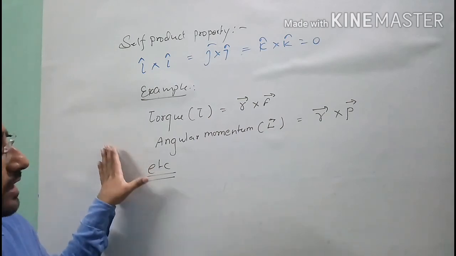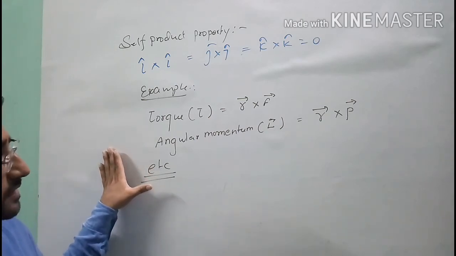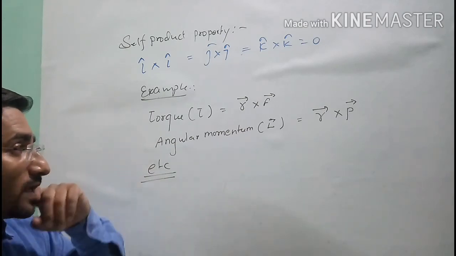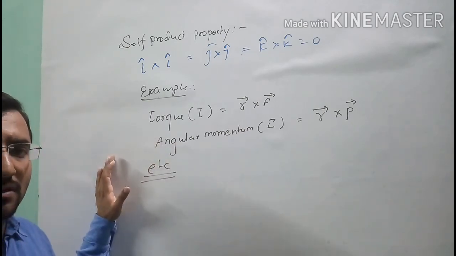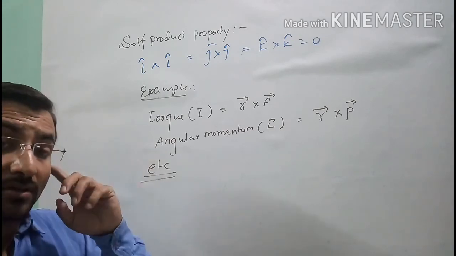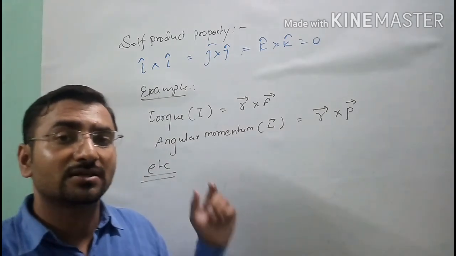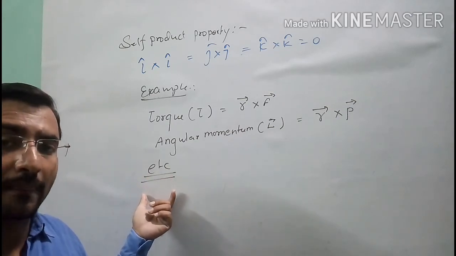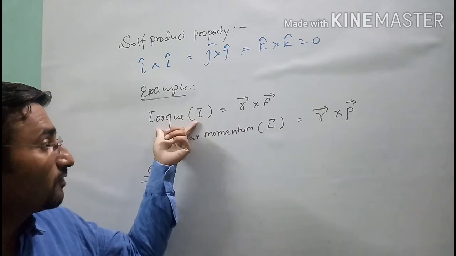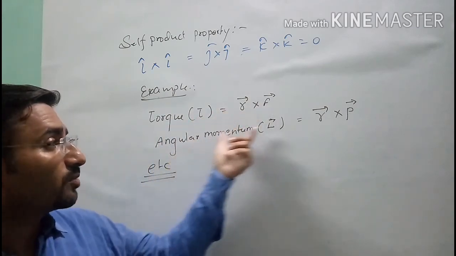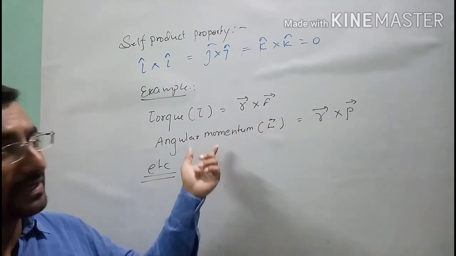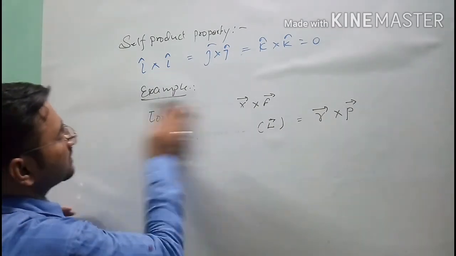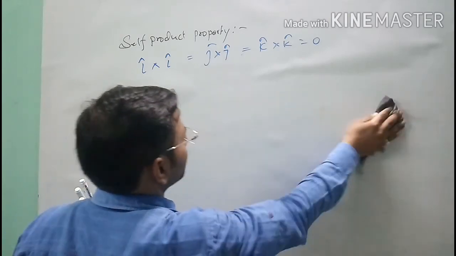So similarly, you can do the questions which are based on the cross product of two vectors. For that, you should remember the basic formulas which you will learn from the chapter on dimensional analysis, by which you can see the formula of torque and angular momentum. All the formulas you will deal with in your upcoming chapter. So now we will start the numericals based on the cross product.